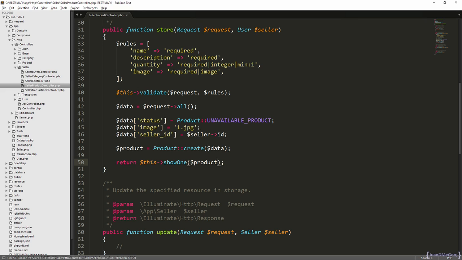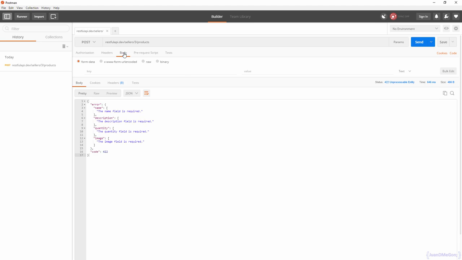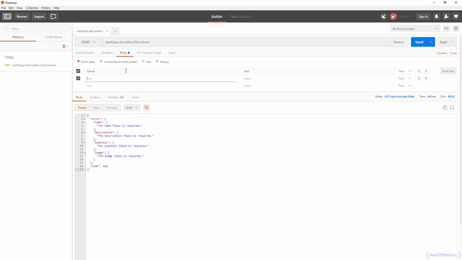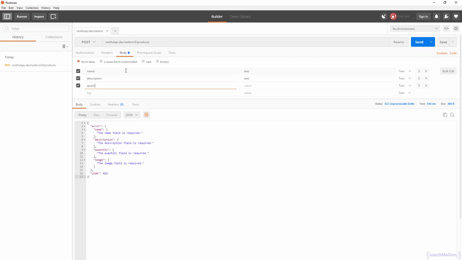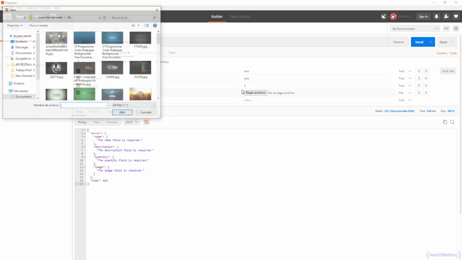Let's see if everything is working as expected. So we are going to create a product for the seller with ID number 3. If we send like this, we can see that of course we need to send all the fields. And for the image, we need to say that it is not text, it is a file. Let's pick a file